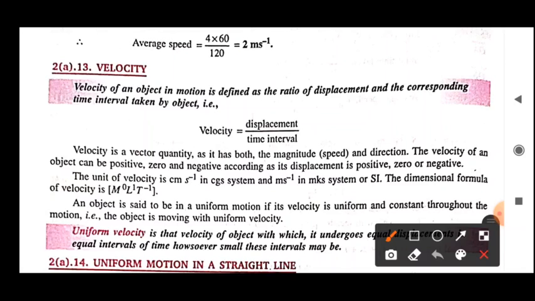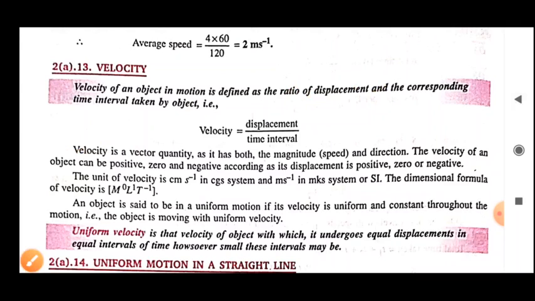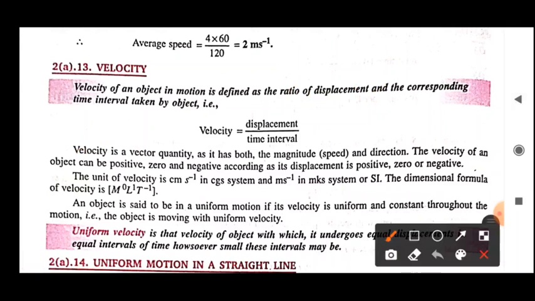So you will see now that velocity is a vector quantity. It is defining the direction also, meaning here the body is displaced from A to B in a certain interval of time also. So it means that now we have the concept of direction. That's why velocity is a vector quantity. It has magnitude and direction both. And here is one more very important concept.